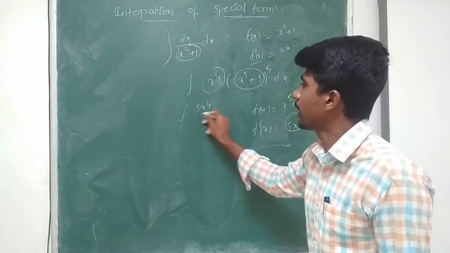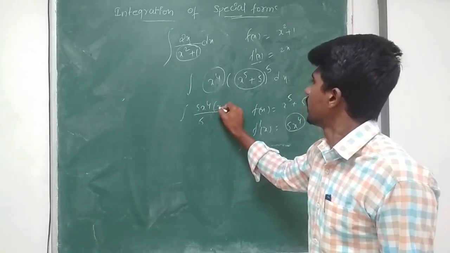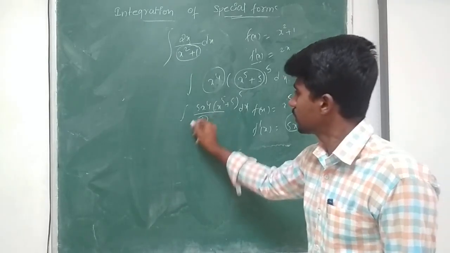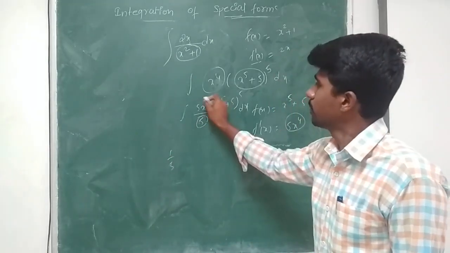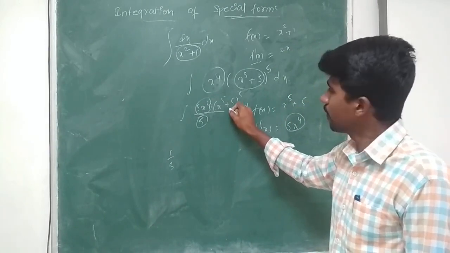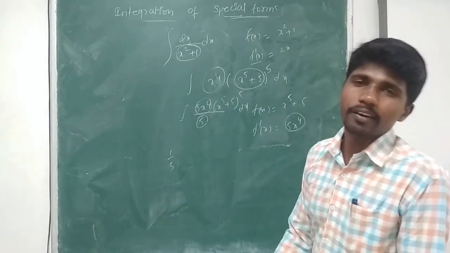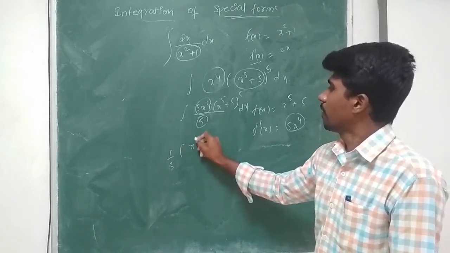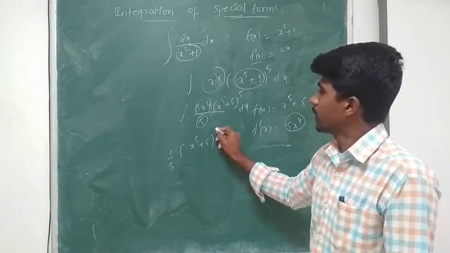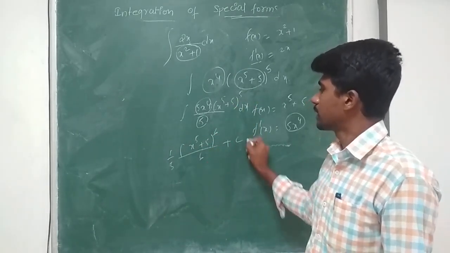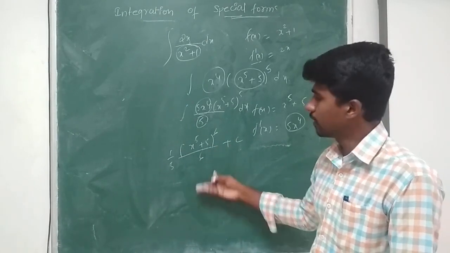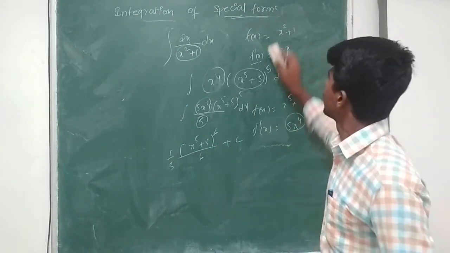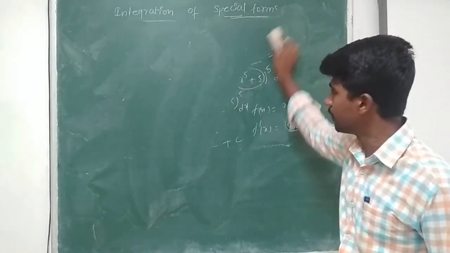5x to the power of 4 by 5 into (x power 5 plus 5) whole power 5 dx. So if I take this particular part outside, now it is in the form f dash of x into f of x power n, which is nothing but f of x power n plus 1 by n plus 1. So I get the answer as (x to the power of 5 plus 5) whole power 5 plus 1, that is 6, by 6, plus a constant c. So 5 sixes are 30. Later we can simplify. So in this way we can find the integrals of a particular derivatives.